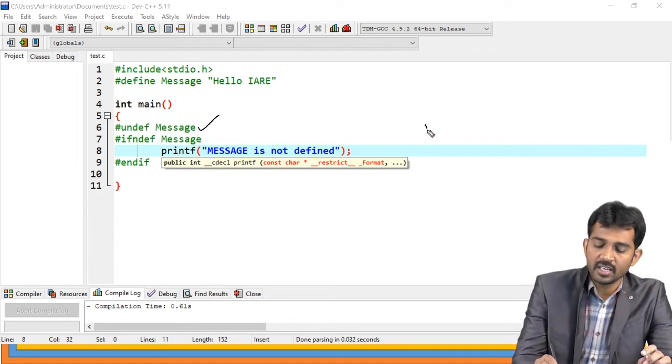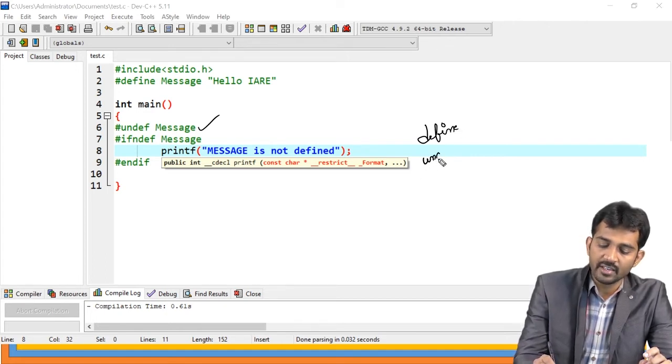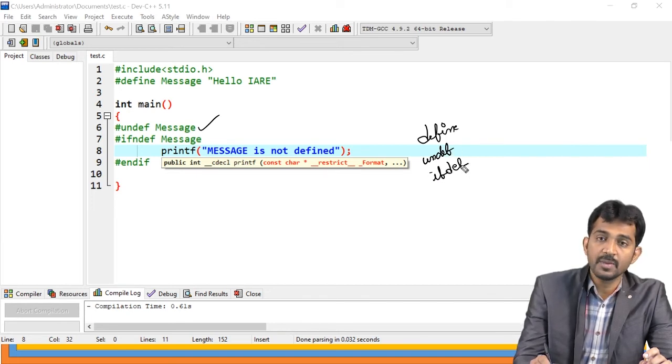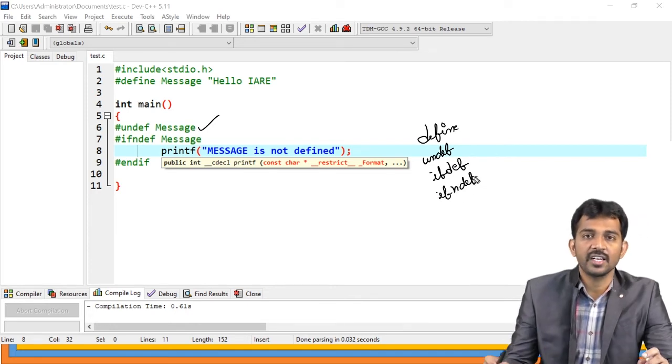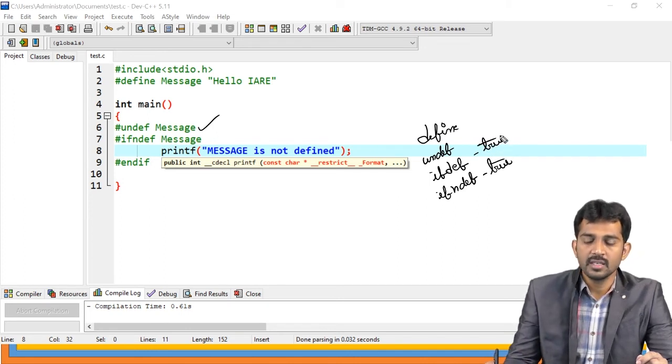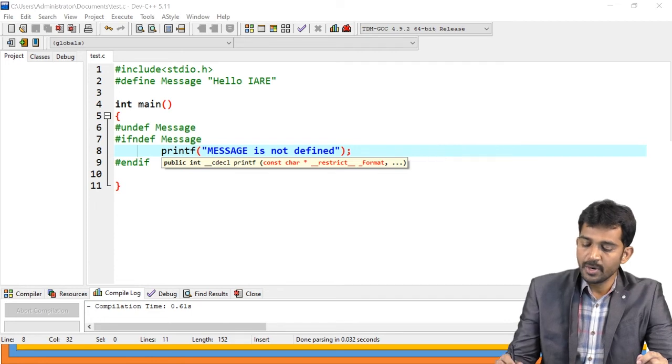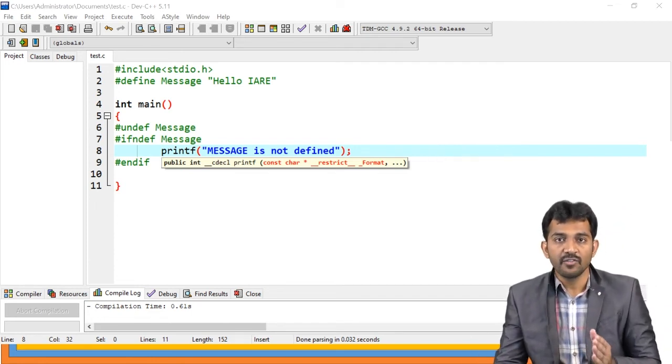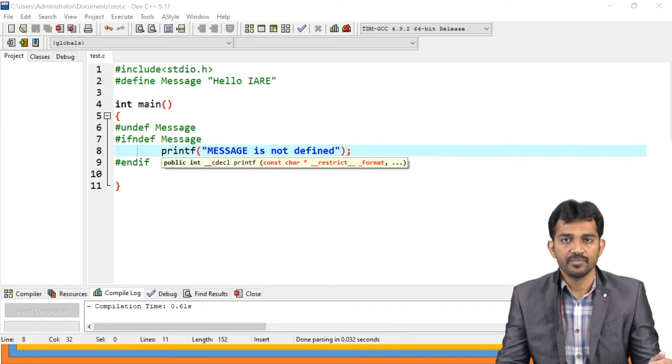How define works, and how undefine will work. #ifdef is message defined, and #ifndef is message undefined. This is going to be true when the message is undefined, and ifdef is going to be true when the message is defined, right? These are the preprocessor directives to check the defined and undefined messages and functions, right?